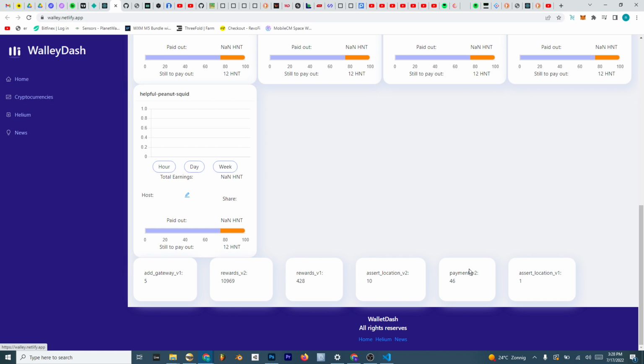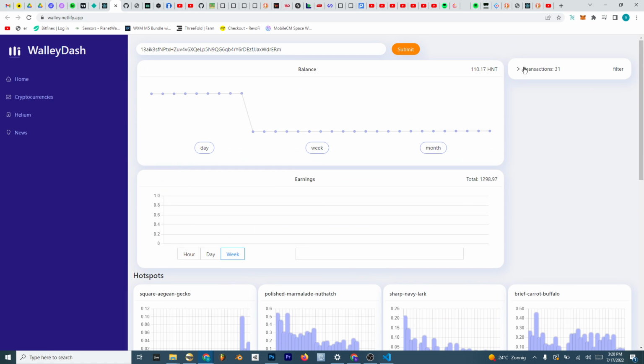But yeah, over time I think it will still be worth it. You can see I have 46 payments. Those are loading in here. There still need to be loading animations everywhere. Here you can see my balance of the last month, the last week, the last day. You can see I have been offloading some HNT to a different address,